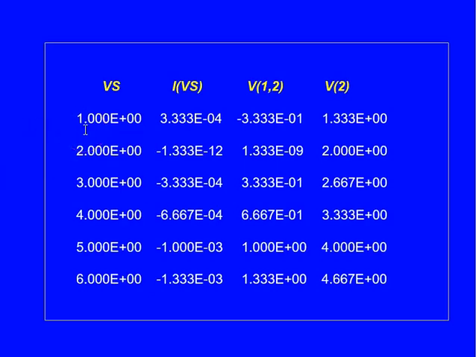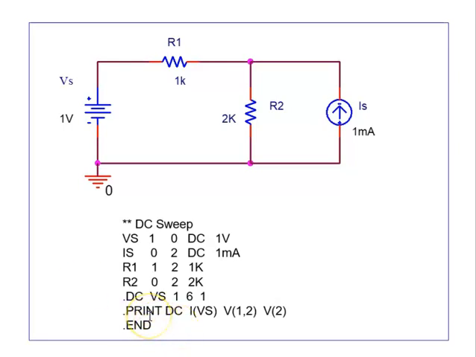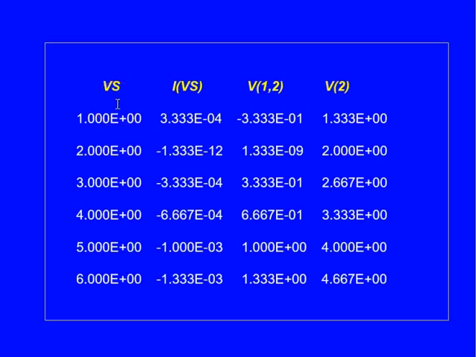It will print the current. What are the parameters? We need to print the current through the source Vs, then the voltage across node 1 and node 2, then node voltage V2, voltage at node 2. The simulation software will print the current due to voltage source Vs, the voltage between node 1 and 2, and the voltage at node 2. After simulation, the software will print these parameters,